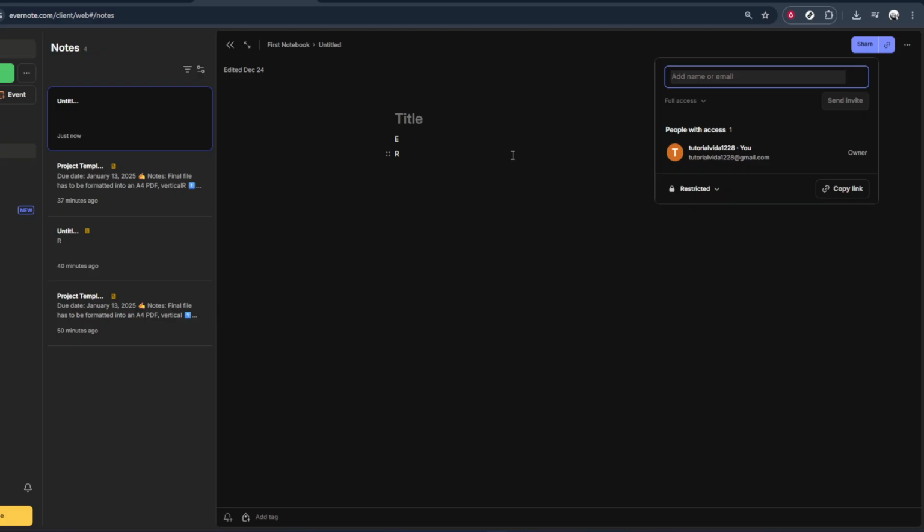If you prefer, you can use the second option, copying a link. In the same sharing window, look for the option to copy a shareable link. Click it, and Evernote will generate